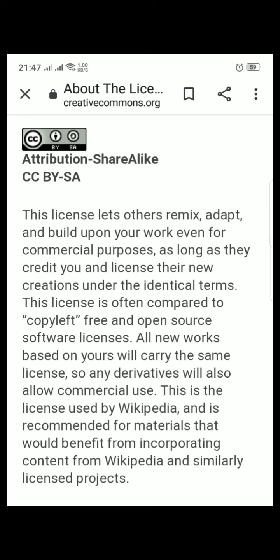Suppose you have one PowerPoint presentation, you uploaded it. Now if you have this license, CC BY SA, they can make a few modifications to your PowerPoint presentation and they can use it legally under this license. And friends, also remember to see these icons. These icons also change how the attribution changes.